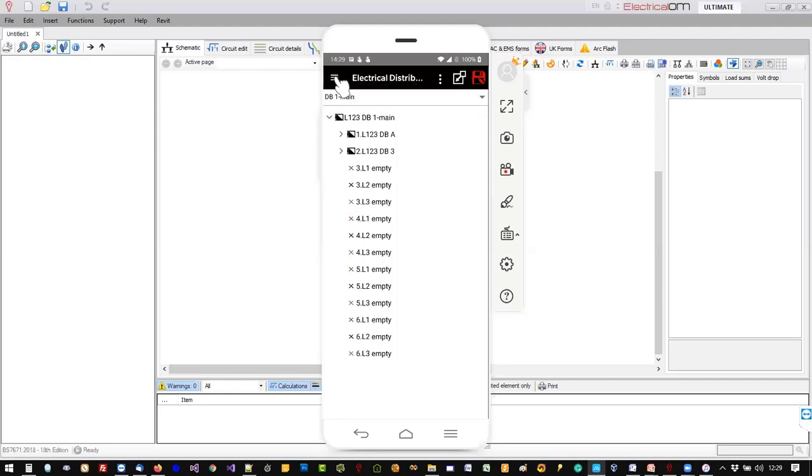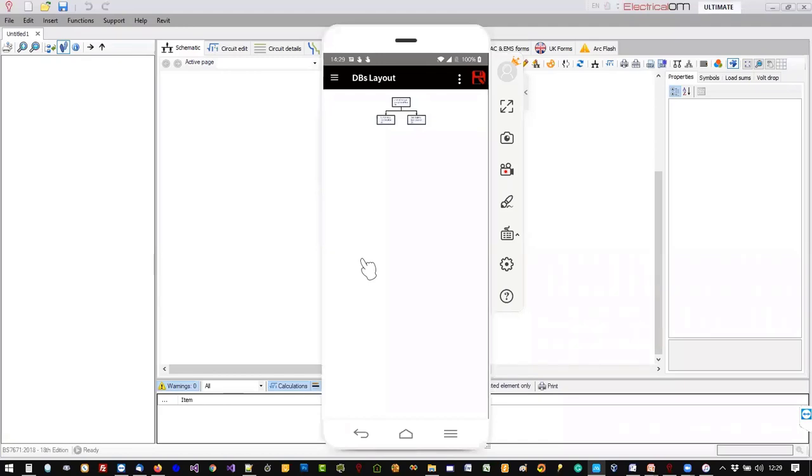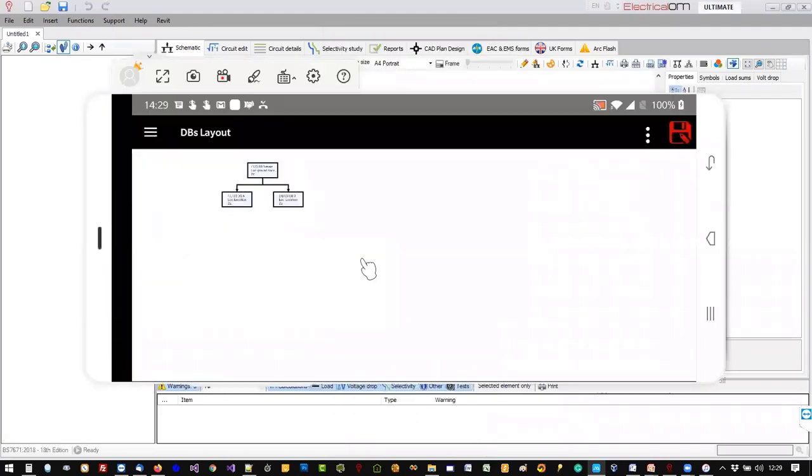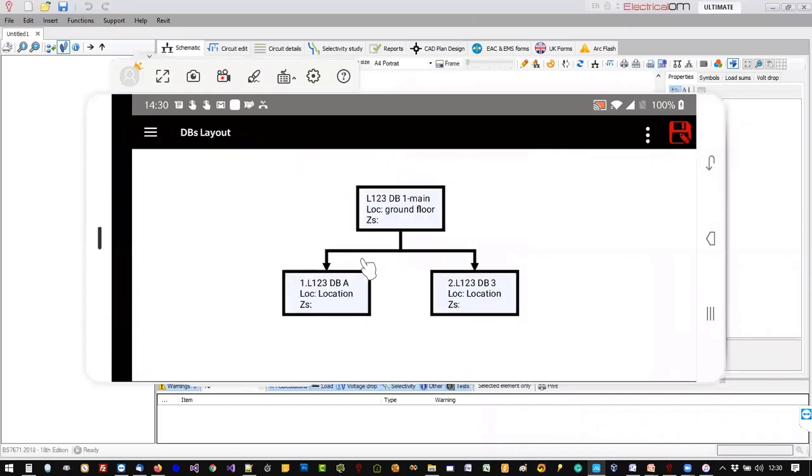And one thing that we created in the upcoming update of the mobile app is the DB layouts. So the DB layouts will help you see a better view of the whole network. So at the moment, we see that we have a main and two submains, and you can see the network structure like that, which is easier for you to go and navigate through each of the panels. All right. And if you want to make adjustments, so let's assume that we managed to get to DBA and want to make some adjustment there, we can select it, and then we can